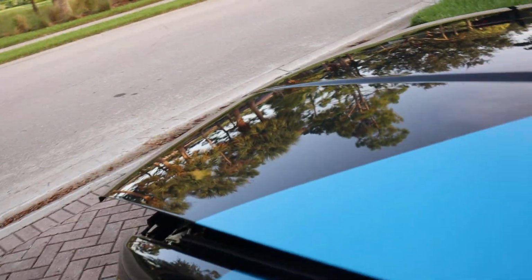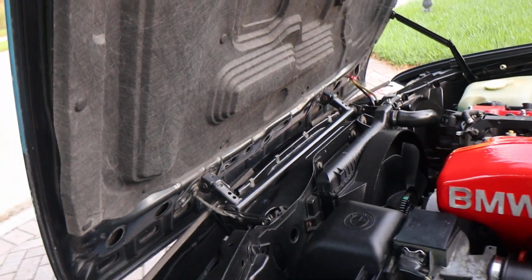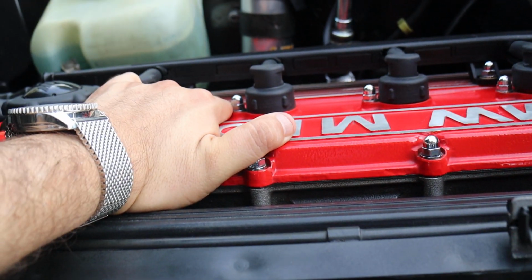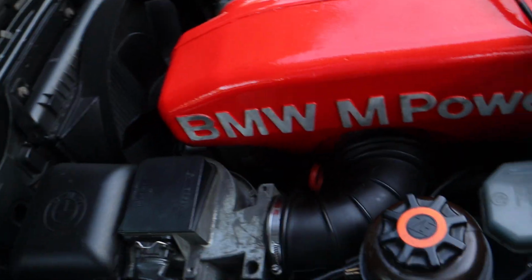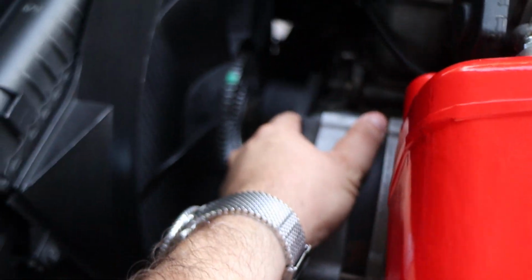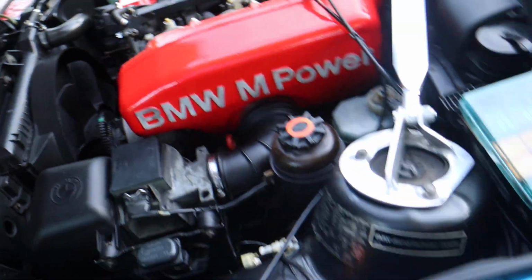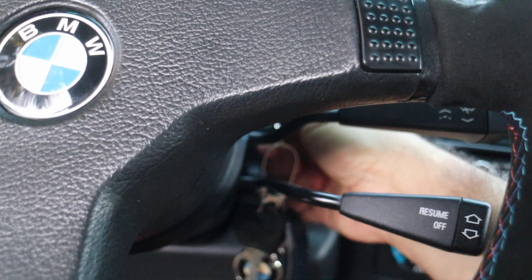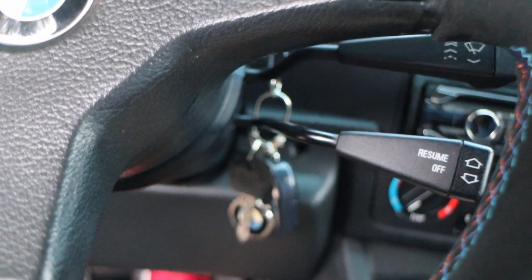Let me confirm this. So the engine is cold. It hasn't started in a long time. I'll say probably about 8 days. Okay, it's nice and cold. Let's see. Wish me luck. Let's see if I can start it. Oh yeah,